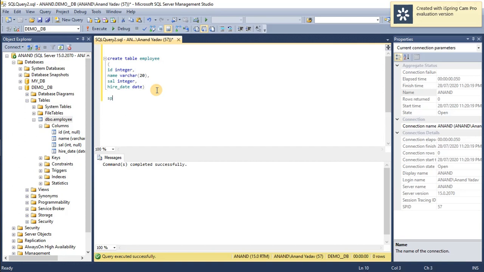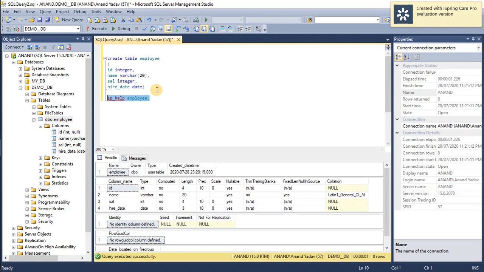Another way is that you can use this command, sp_help, and just fire this query. Yes, so you can see that a bunch of output is shown here. The first one should be employee. This is the name of the table, and the owner is dbo, the schema owner of this, and this is of type user table. You can also see the created time, so on which date the table was created.